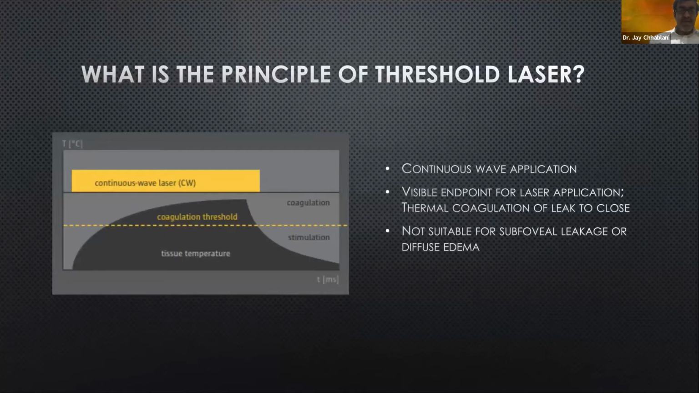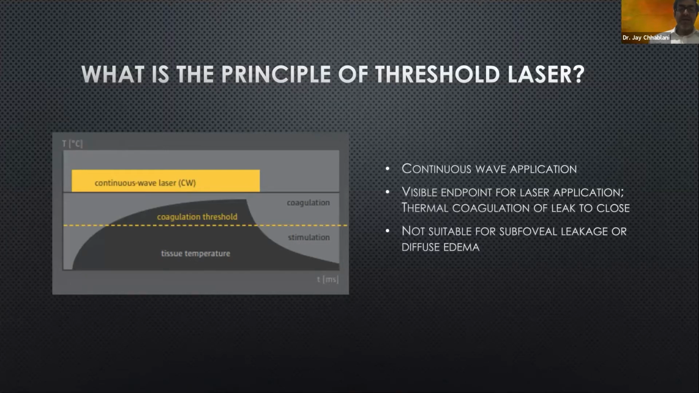So Lihteh already discussed briefly about the subthreshold laser. I'll just take you through that. We have been using a continuous wave laser, which we call a threshold laser. We look for the visible endpoint, and that is a spot where we decide to do the treatment. However, we cannot offer this treatment if the patient has a subfoveal or a juxtafoveal leak because of the scarring,